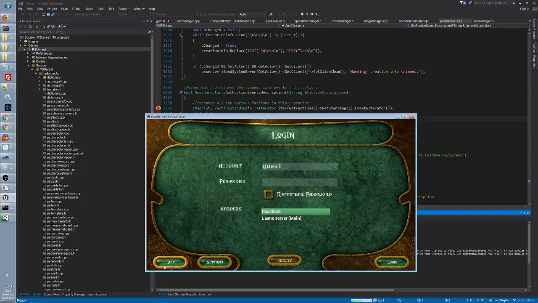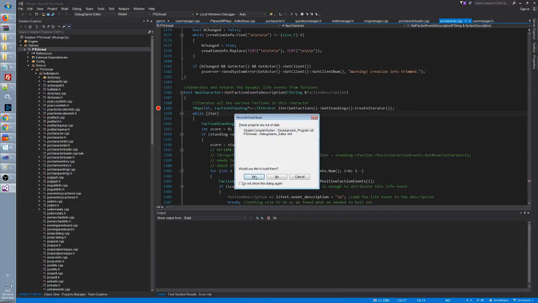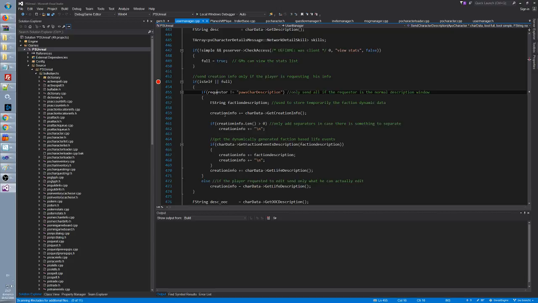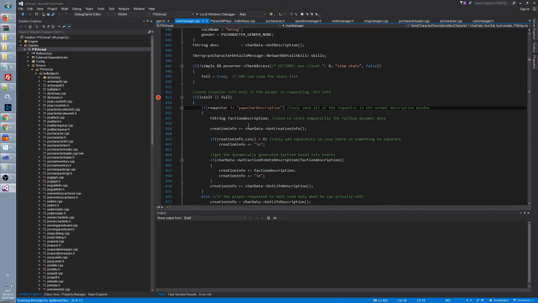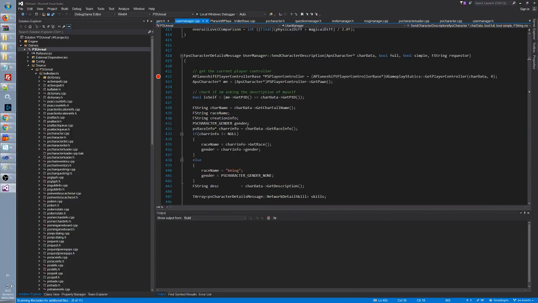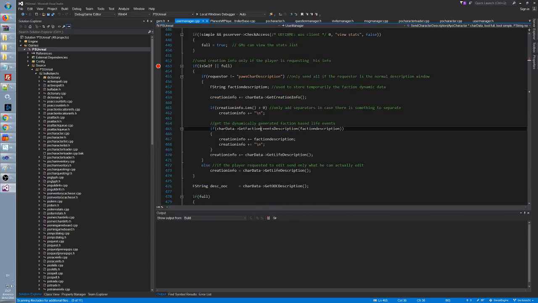I have the client running. I think I should quit it because I may lock some of the files. Okay, 3 succeeded, 1 up to date. So we launch this thing. Wait a second, before launching it, if I place a breakpoint, I have a few breakpoints. I have one here and one here, send character description. And then I have another one which is inside get faction events description,